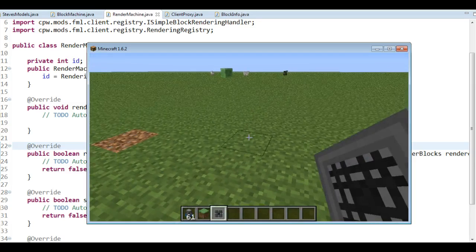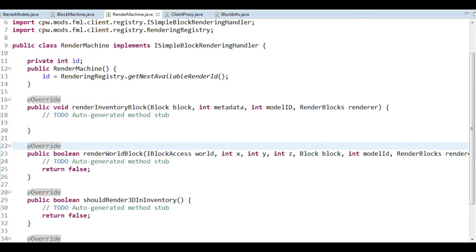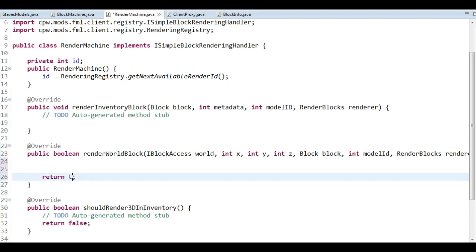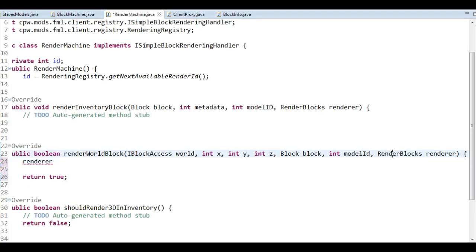But as we can see, the registering part is working, and that's one first thing that we need to make sure is working, because otherwise it's obviously not going to show up as anything. Okay, what we want to do here when we render it is return true to tell it that we actually did render something. And what we want to do is simply refer to the renderer, that's this one here, the render blocks. This render blocks thing is what is rendering all the different blocks in vanilla Minecraft. So if you want to take a look at how they do it, just open that one. But beware,